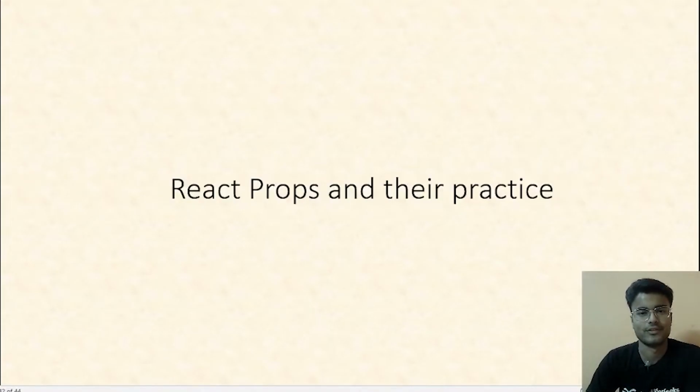Another session of our playlist, and this time we'll be discussing a very important topic called React props. From this point onwards, we'll be switching to the next level with regards to these concepts that we are learning. React props will open up a new, let's say, unexplored section of the coding that we are doing, and it will surely help us